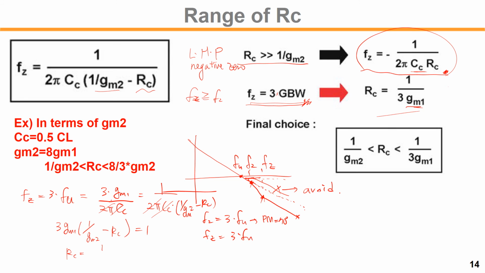1 over GM2 minus 1 over 3 times GM1, right? So if you assume that CC is about half of the CL load capacitance, then GM2 will be 8 times GM1. So in terms of GM1, 8 times GM1 minus 1 over 3 GM1, that gives us